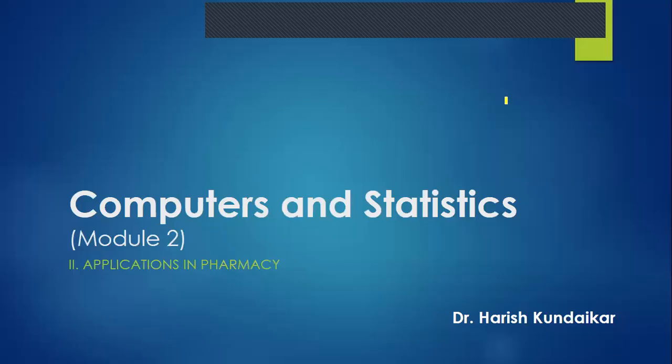All right, so we are going to talk about computer-aided drug design as a part of computers and statistics. That is module number 2, applications of computers in pharmacy. Okay, so let me start with